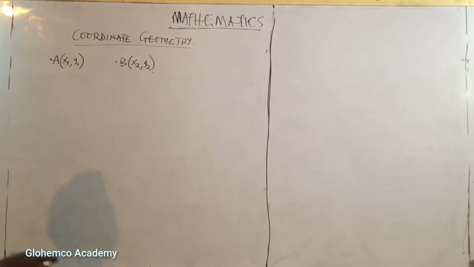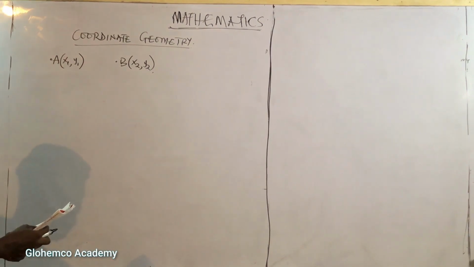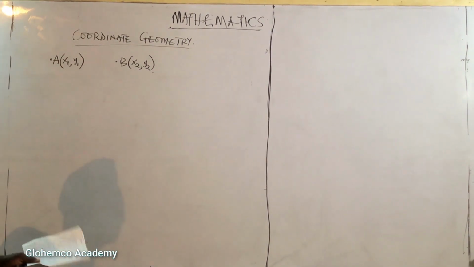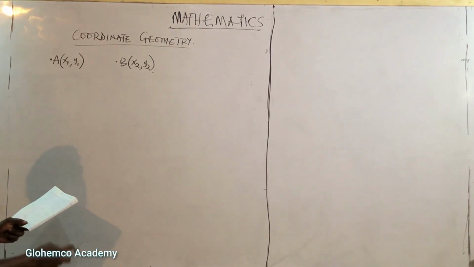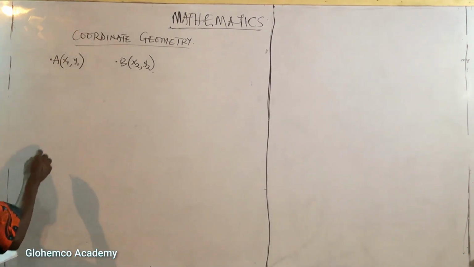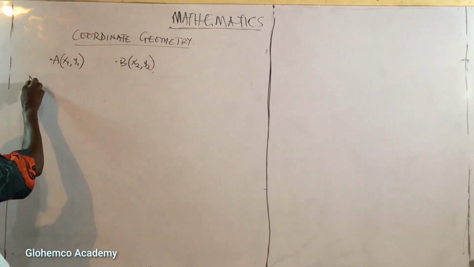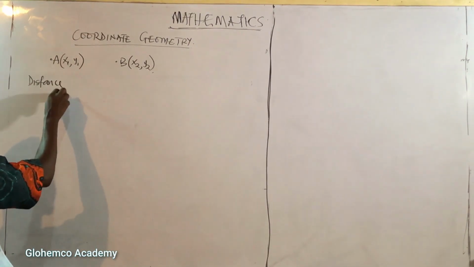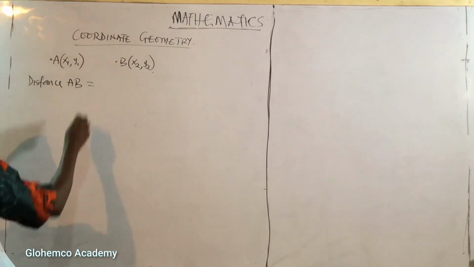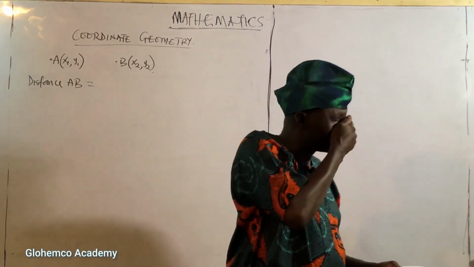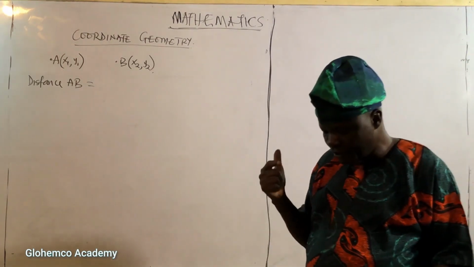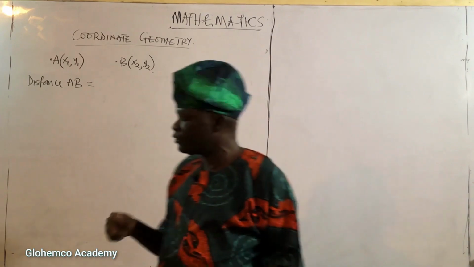Now, we have to find the distance between A and B. If we are to find this distance AB, our distance AB will be